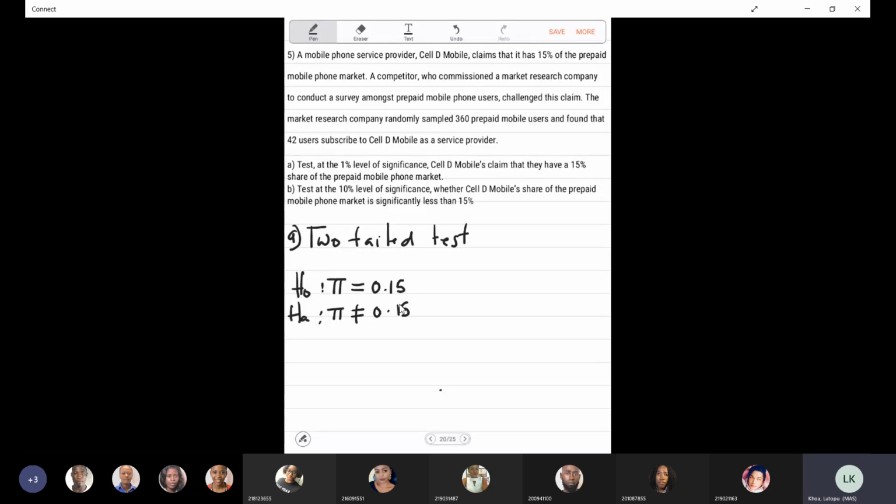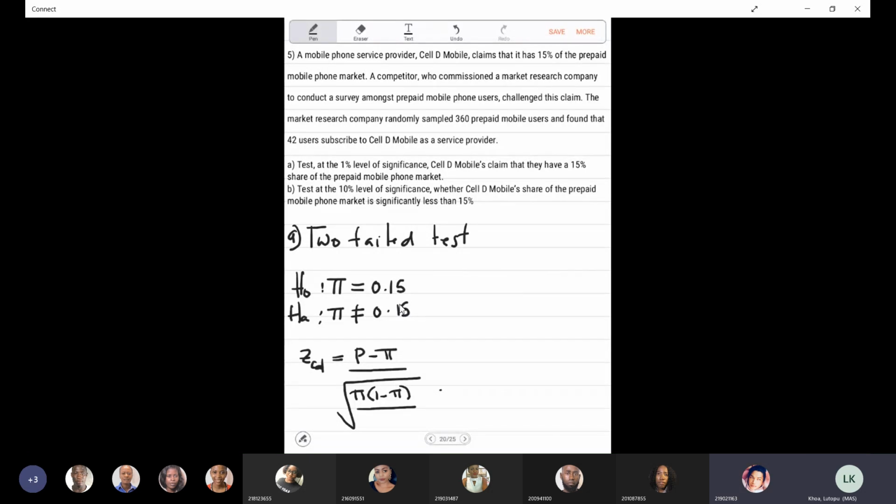Step number 2, we said you need to calculate the test statistic. So when we're dealing with a proportion, our test statistic, we use Z. So we say Z that we calculate is equal to P minus pi, divided by the big square root of pi times 1 minus pi, divided by